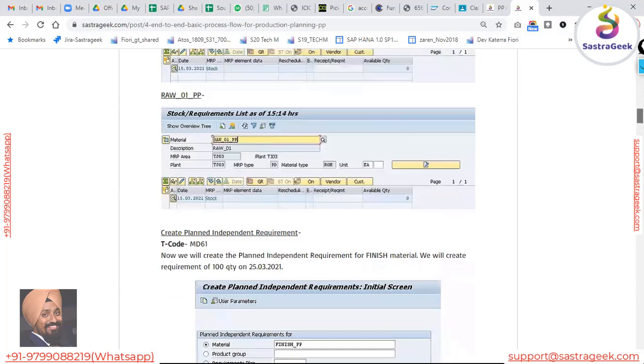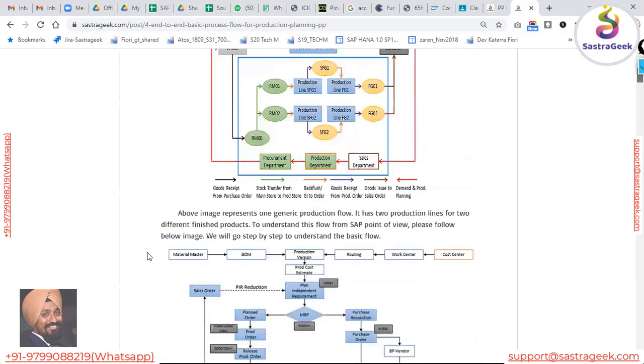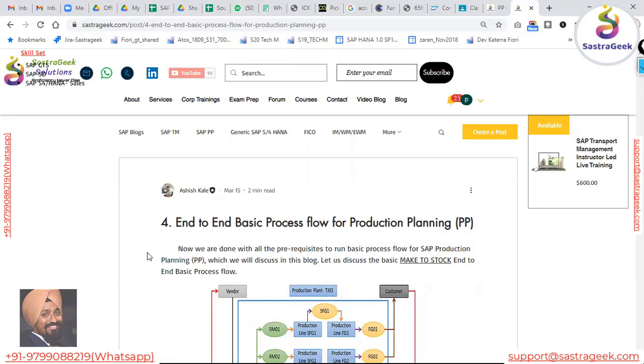Sometimes what happens is you want to go through the production planning cycle, but that has been covered in 2 sessions of 2 hours. So 4 hours of video you need to see, but you want to quickly grasp what the end-to-end thing actually is. These blogs can help you. You can go through a blog in 10 minutes, or it is a 15 minute read. You can quickly browse through, and it can refresh your memory. These blogs are very helpful for preparing for interviews. If you're preparing for interviews, you can quickly go through these blogs before the interview, and a lot of knowledge will be refreshed for you. Okay, so this we have.